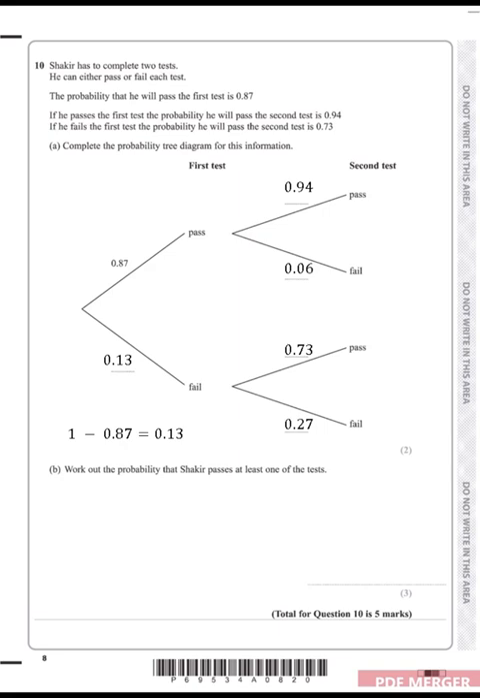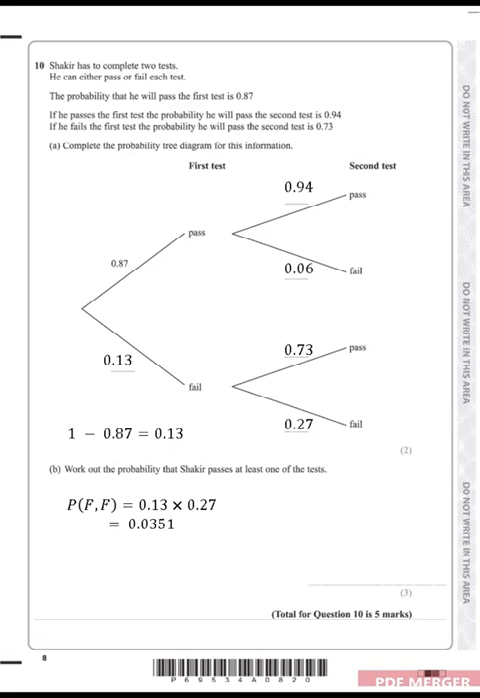Part B. Work out the probability that Shakir passes at least one of the tests. 3 marks. So to solve this question, we first need to work out the probability of fail and fail. Now, the and rule means multiply. So 0.13 multiplied by 0.27. In your calculator, this will equal